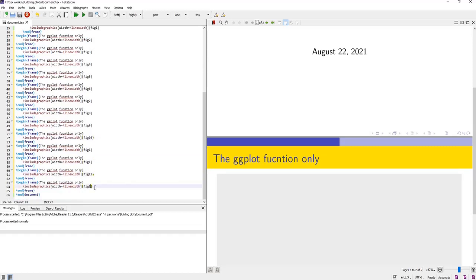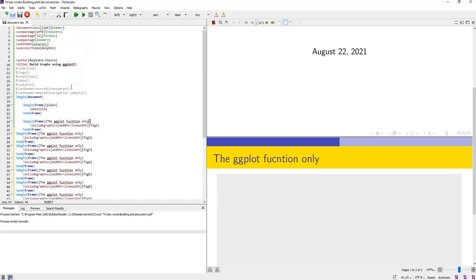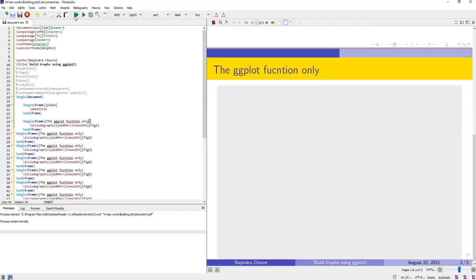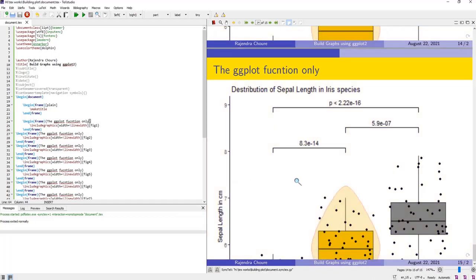Okay. This is done with my presentation, and I don't want to do any other changes in this presentation. I will run that. It will take little time for compilation, and that scale is not sufficient, linewidth. I will change that.